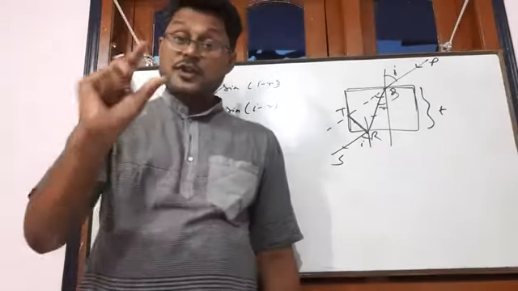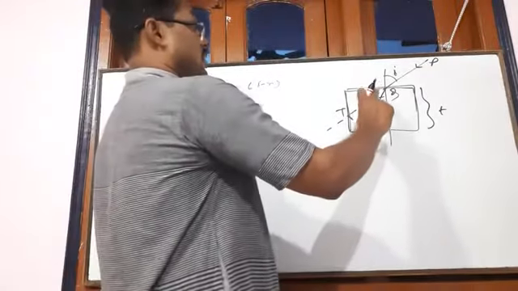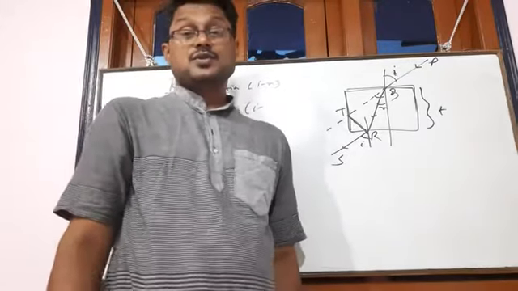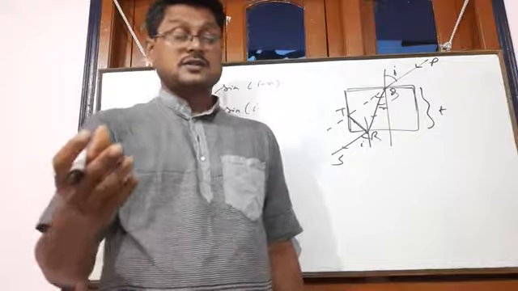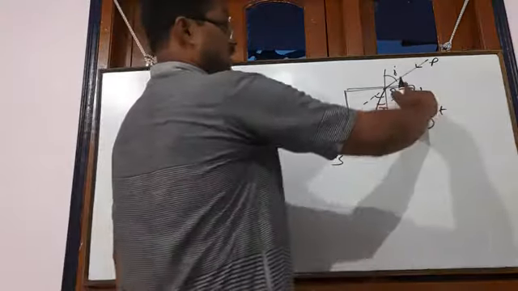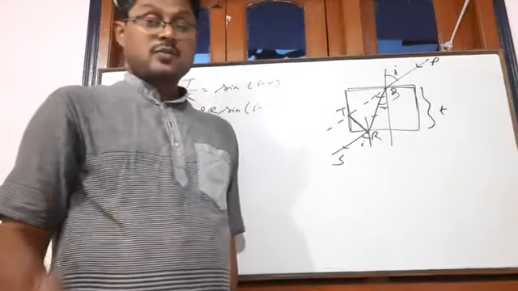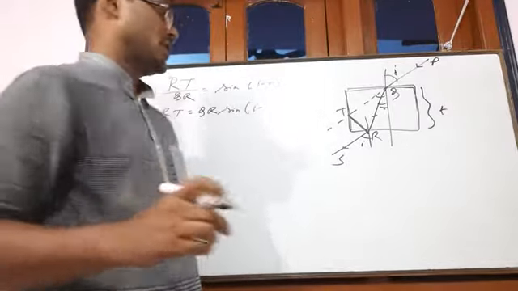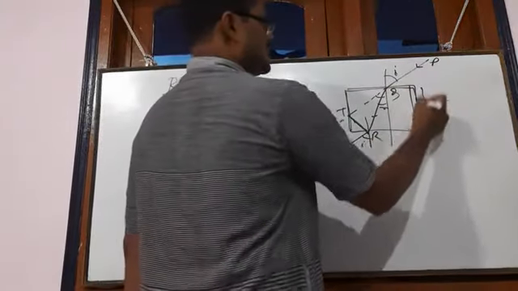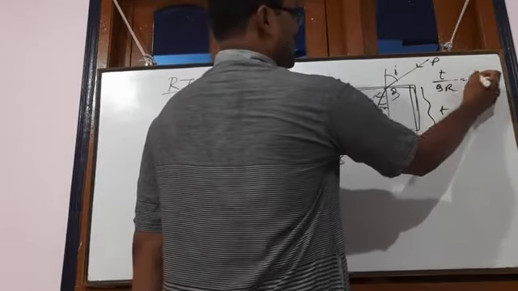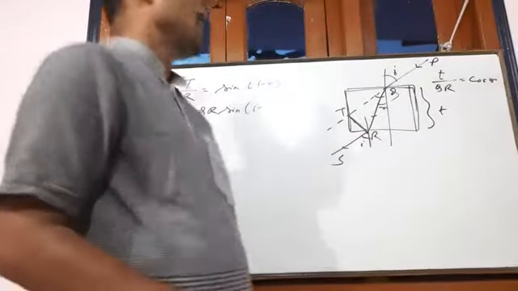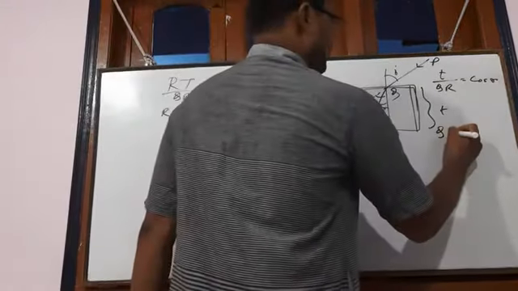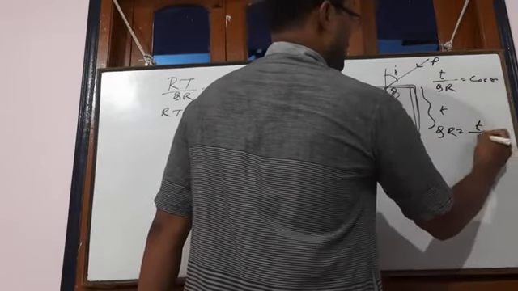Now this QR factor remains inside the glass slab, so we cannot measure it from outside. Then we have to transfer this. How? We can measure the thickness of the slab. From thickness we can find out the value of QR. How? Let T be this, so T by QR equals cos R. T is the thickness, T by QR equals cos R. Then QR equals T by cos R.